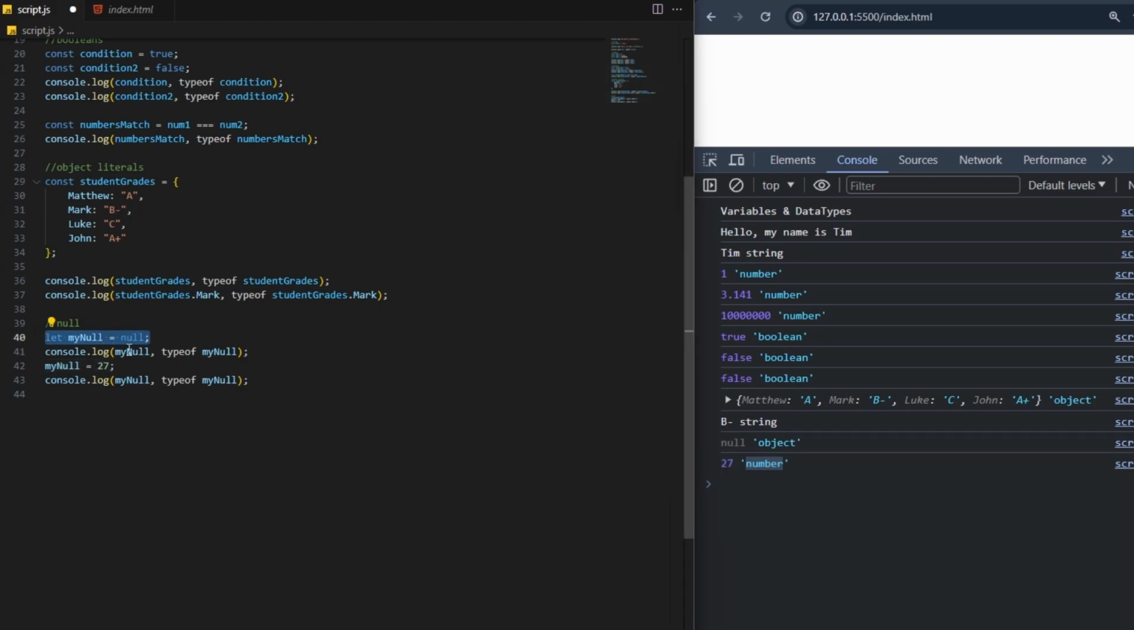I can have this be one type up here, and then I can change it to 27, which makes it a number. I could even come down here and say myNull is equal to a string, so now this is going to be a string value. And by the way, to copy that line, if you hold Alt and then Shift and then the down arrow, it'll copy that line. And if I hold Alt and then the down arrow, that will move that line up and down. So now if I save this with Control S,